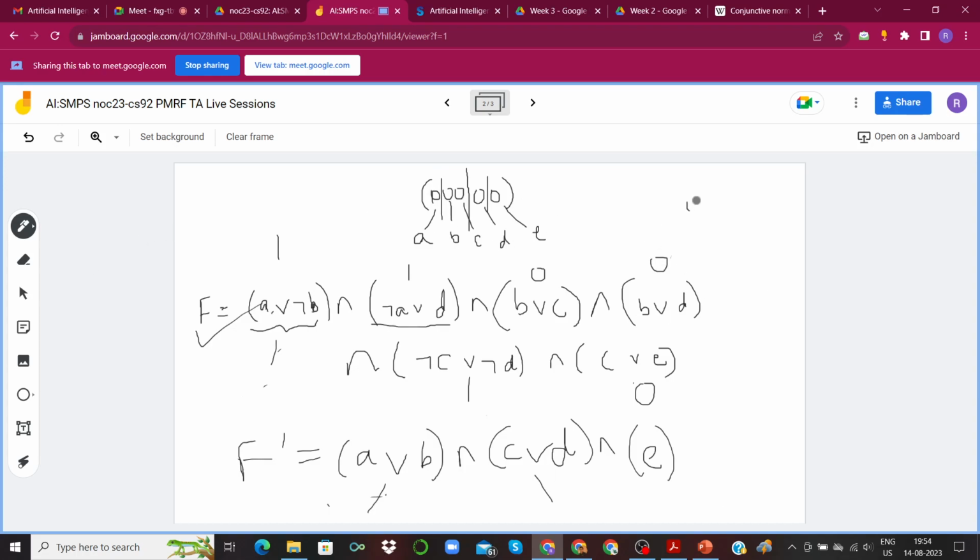Let's say there is one more variable, E, over here, and you have 0 0 0 0 0 for A, B, C, D, and E. The first clause has only A, B, the second clause has C, D, and then you have E. So each of these will become one subpart of the candidate solution.